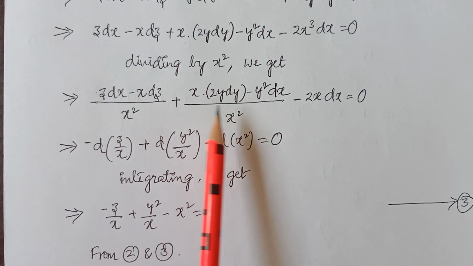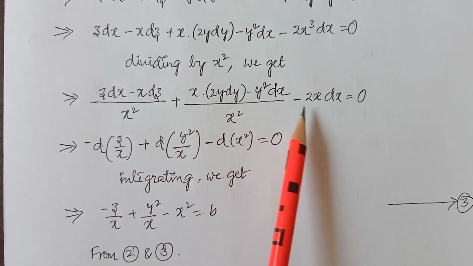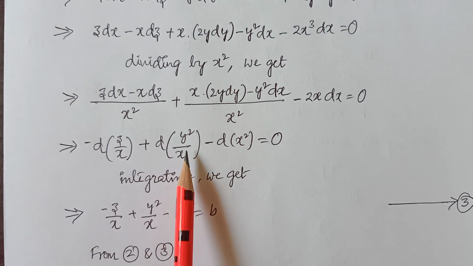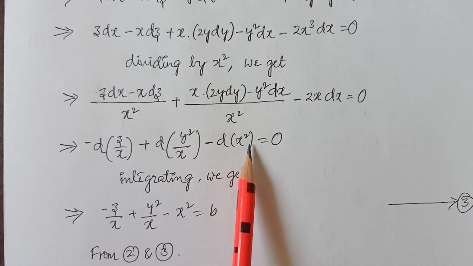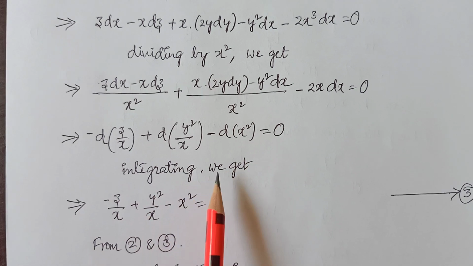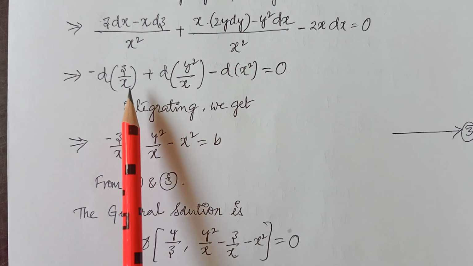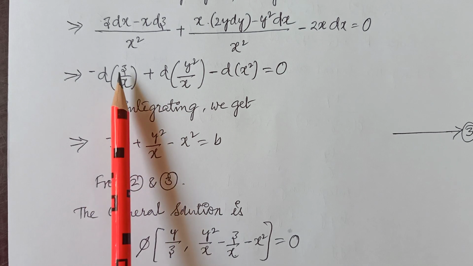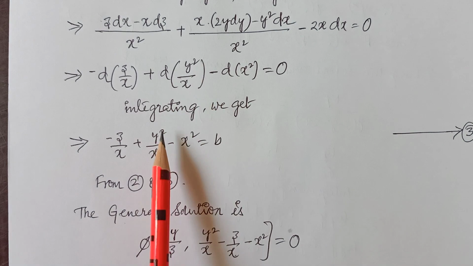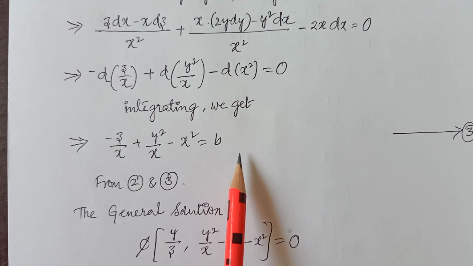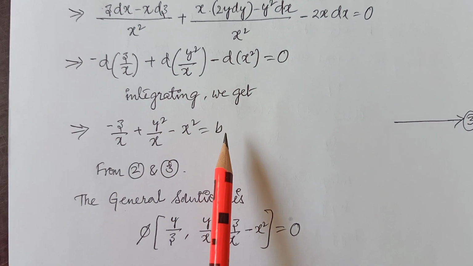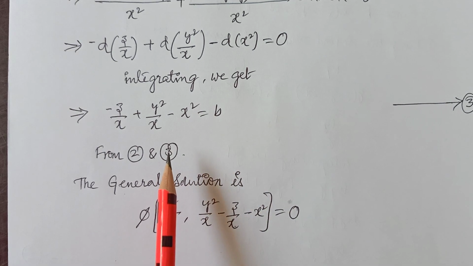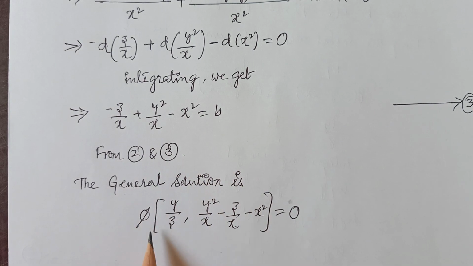All three terms combined can be written as the derivative of z by x, the derivative of y square by x, and the derivative of x square. Now you can integrate this directly to get the solution. The derivative and the integration cancel. It remains minus z by x plus y square by x minus x square is equal to the integral constant b. So from 2 and 3, you can observe that